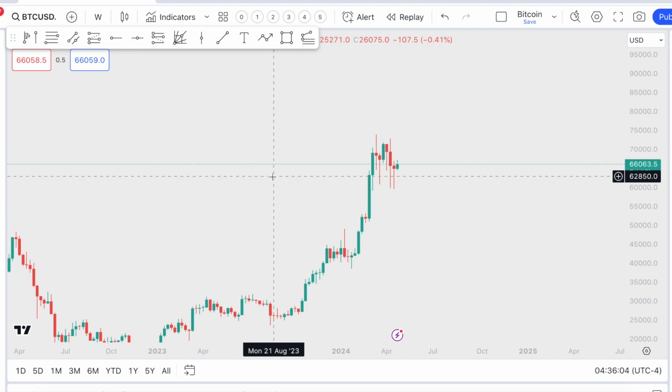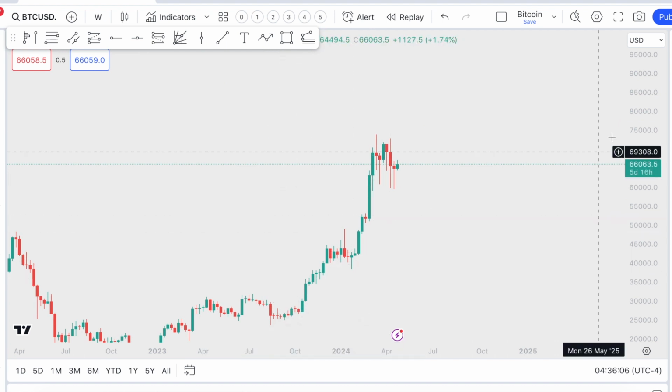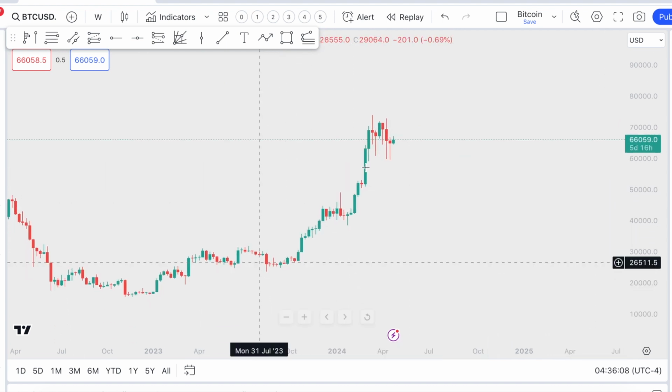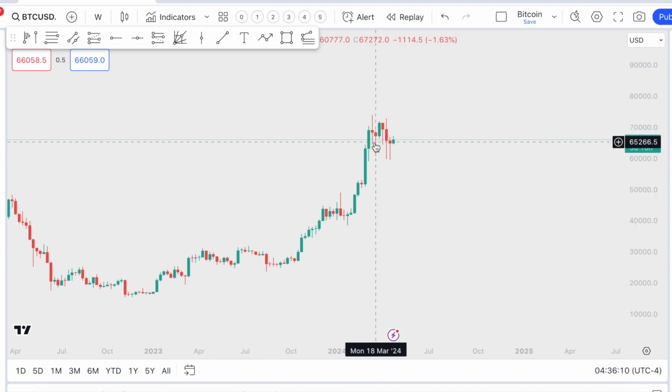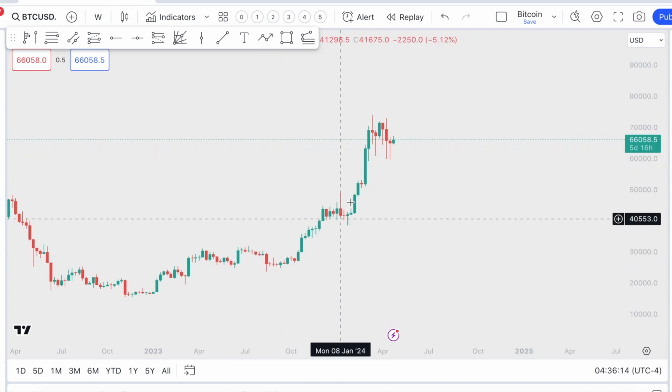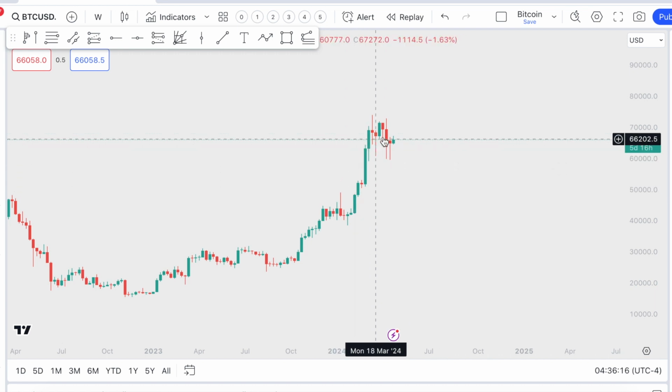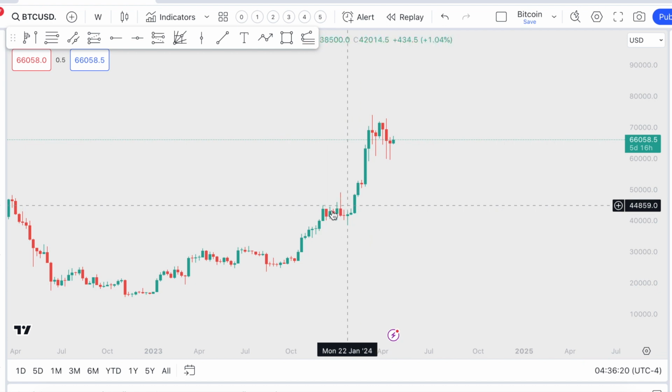If you look at it from the weekly perspective, we're still in a bullish uptrend. There's absolutely no reason to be bearish yet. We have higher highs, higher lows. We're in an uptrend, and all we're doing here is just ranging, trading sideways the way we did over here